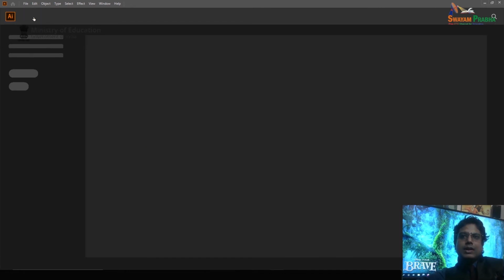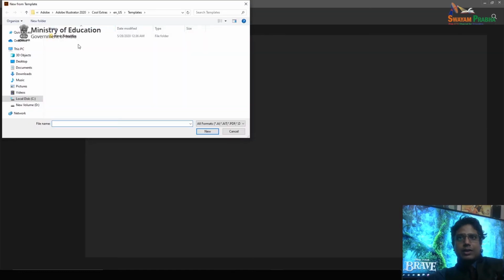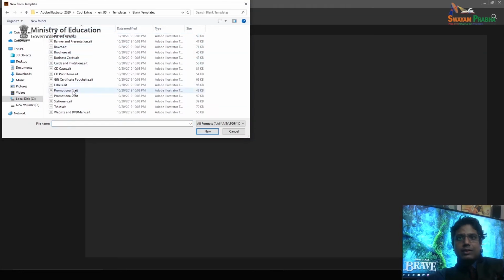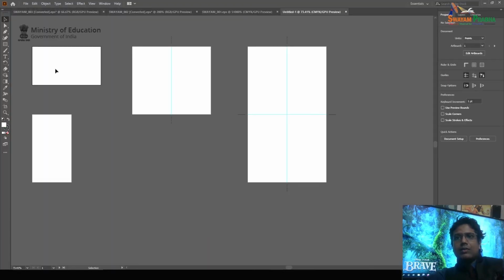Whenever you start, this is the logo of Adobe Illustrator. Simply you can go to File and New, or you can go to File and New from Template also, whichever templates you have. Like we have some business card templates, right? So for example, I'm using businesscard.ait. Simply I'm hitting New, and let's see what will happen with reference to business card size and layout. Now we have all the sizes of our business card available, and we can get started there.